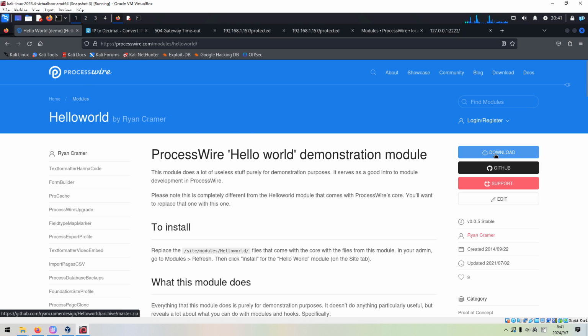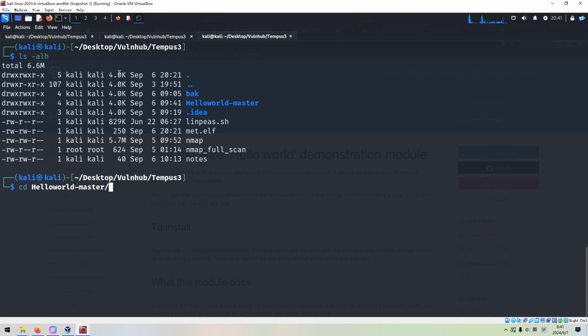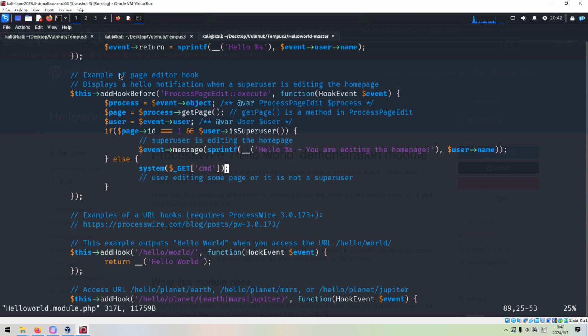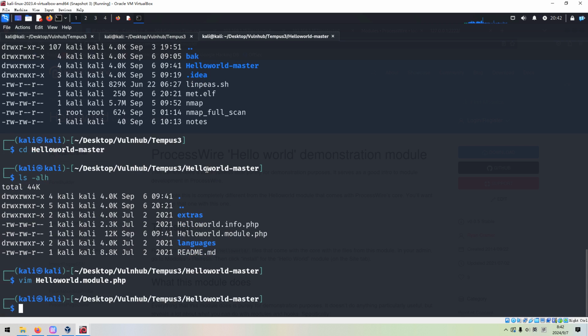You can download it, but I've already downloaded it before. So now we can go inside this directory, and you need to edit. You need to add this. This is a one-liner of a web shell. Okay, I've already done that before. So now we can quit.